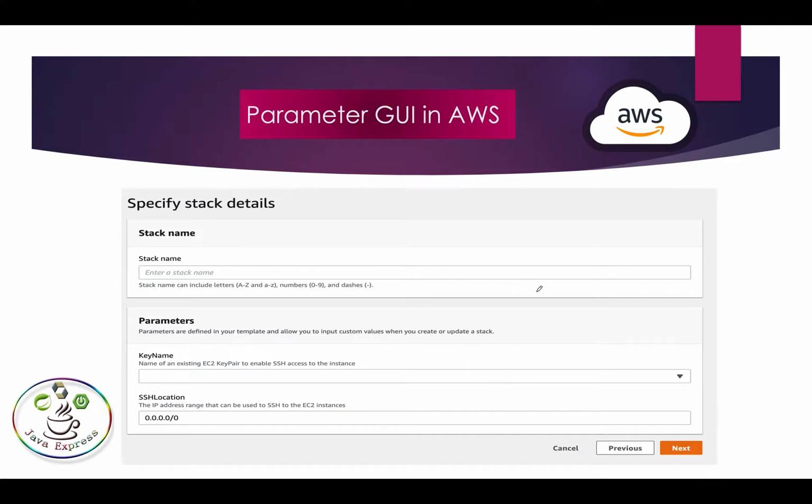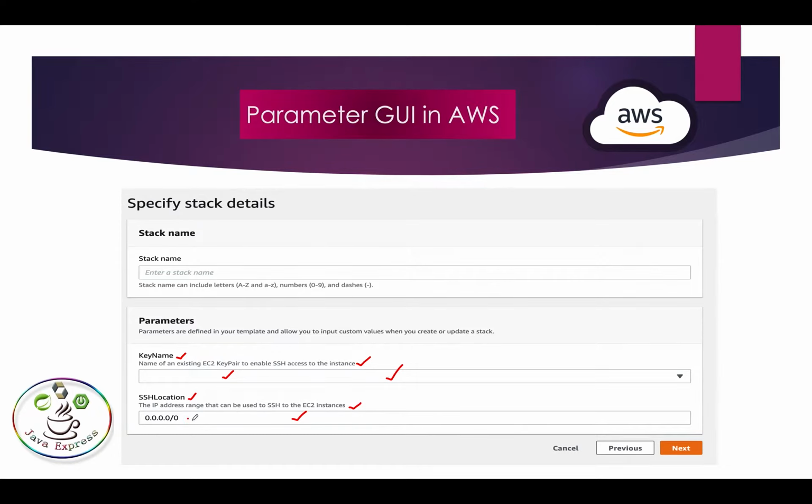See, these are the parameters. This is called your key name, this is called the description, and this is called a value. Same for the SSH location: this is a key name, this is your description, and this is your type. Here the type can be a number, a string, or anything.